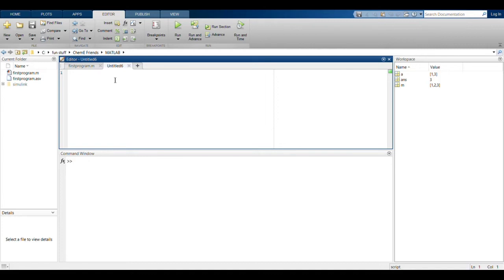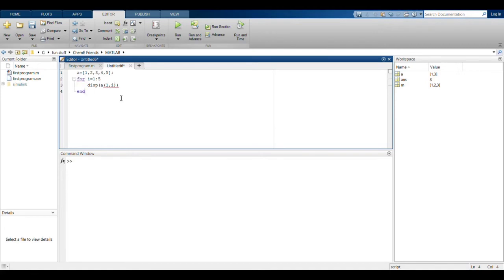So we will start with a vector called A, 1 2 3 4 5. All right, and I want to print each element of this vector, for example. So I do for i equals 1 to 5. The size of matrix A is 1 comma 5. So what I'll do is I will display A(1,i).